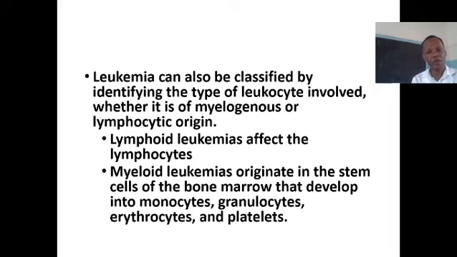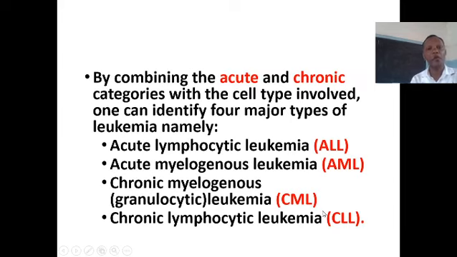Lymphoid leukemias affect the lymphocytes. Myeloid leukemias originate in the stem cells of the bone marrow that develop into monocytes, granulocytes, erythrocytes, and platelets. By combining the acute and the chronic categories with the cell type involved, one can identify 4 major types of